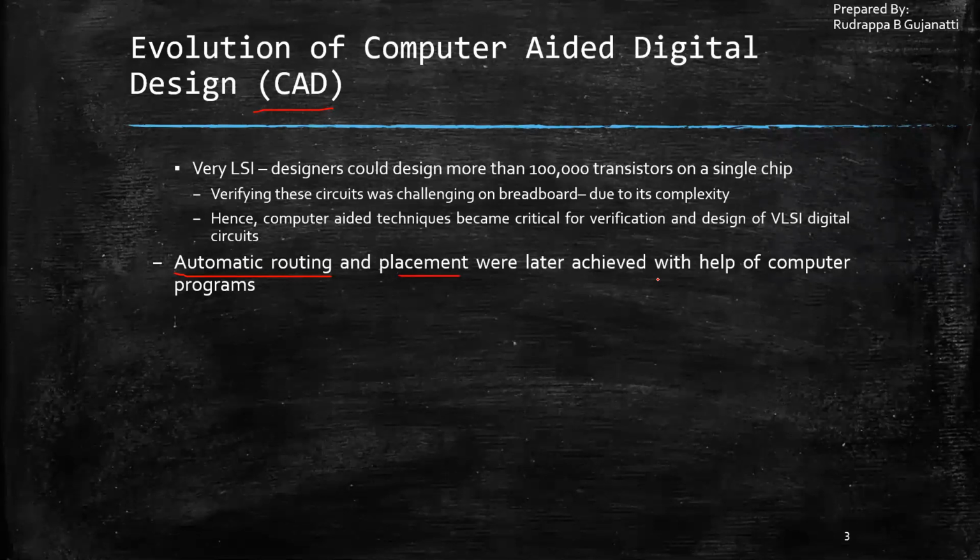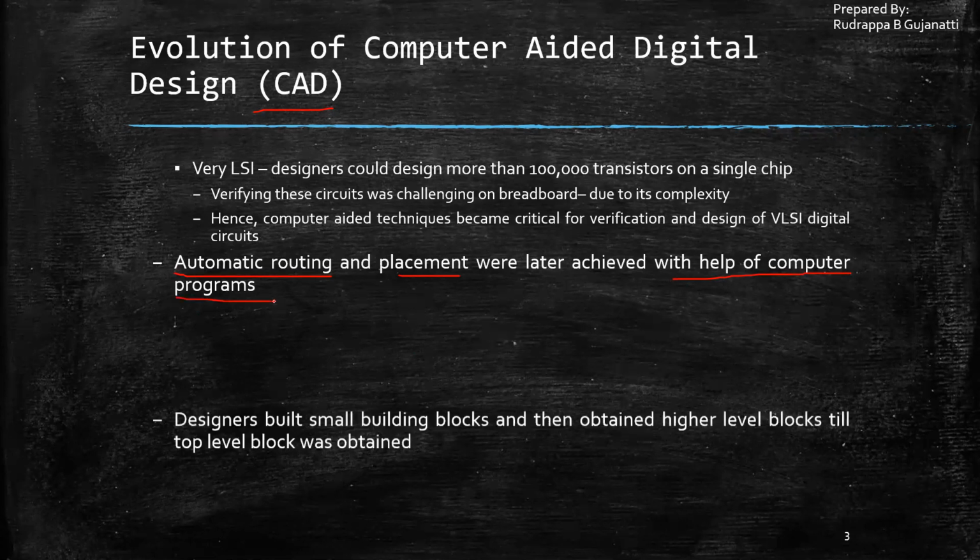So this we had discussed in previous sessions: what a netlist is, what it contains, and how that netlist can be used for building the ICs. That is, we can create the masks, and masks we can use to build the ICs. So the automatic routing and placement were also achieved with the help of the CAD tools, in which we made use of computer programs in order to establish these things.